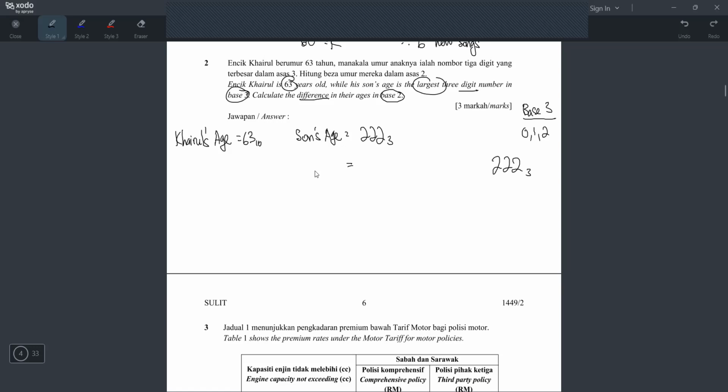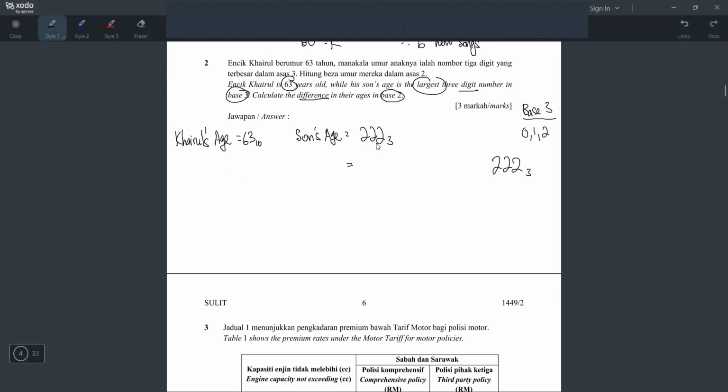Of course, some students, maybe they will do it a little different. They want to change this to base 2, and then change this to base 2, and then baru tolak. Can also. But I don't like to do it like that because you know why? Because when I change from base 3 to base 2, I have to change to base 10 dulu also. So why not? I just change this one to base 10 and then tolak dulu, and then baru the last step I change to base 2, right? So I will do it like that.